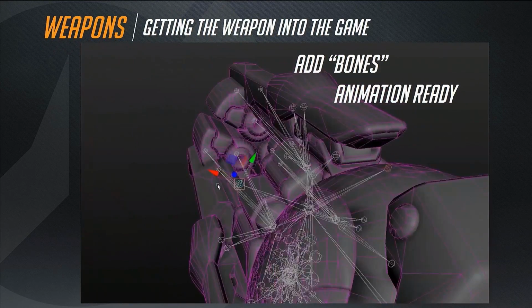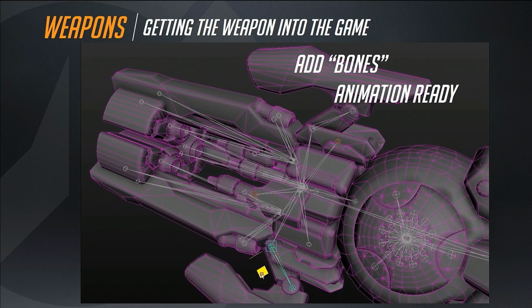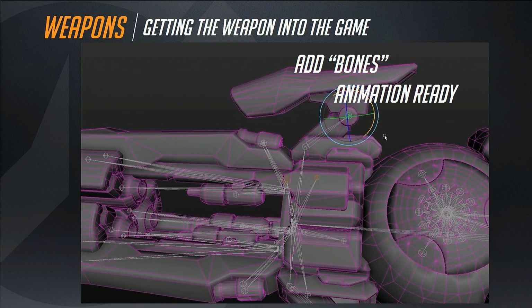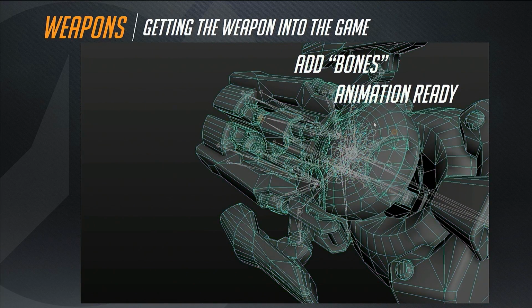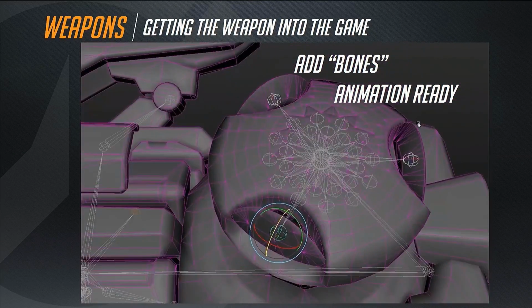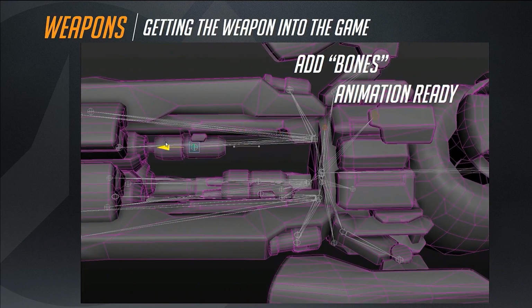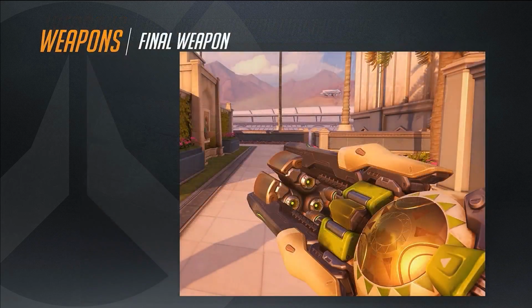Now, once the final asset is done, getting it into the game, I actually work with the guys you heard from earlier, our tech artists and our animators. We add a bone structure to the gun. And yeah, actually, weapons have bone structures too. They look a little bit strange and not like characters, but they allow all these mechanical bits to move as well. So with a little help from them, we get it hooked up in the game, and we have the final asset,